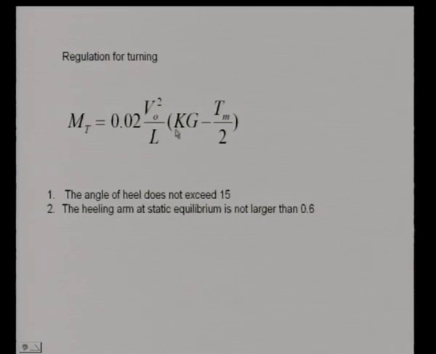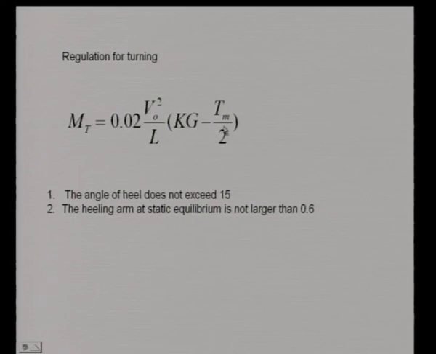The vertical distance between the centrifugal force and the center of action of the reaction force from water is KG minus T by 2, where T is the draft. So, T by 2 is the point where the water reaction can be assumed to act, and the centrifugal force at KG. So, KG minus T by 2 is the distance. The forces are the same, so two forces acting produce a moment turning it to heel. So, V0 squared by r into KG minus T by 2 roughly gives you the net moment acting to